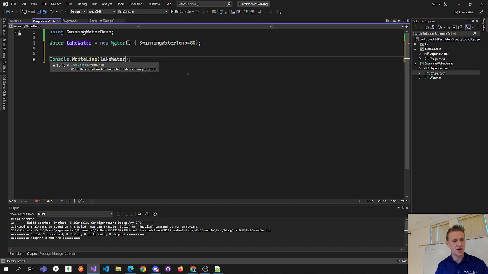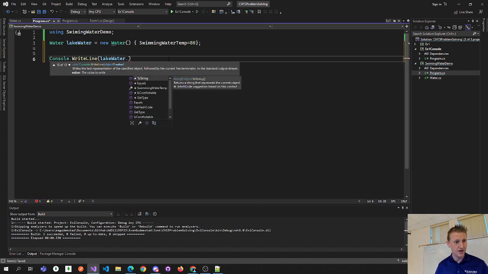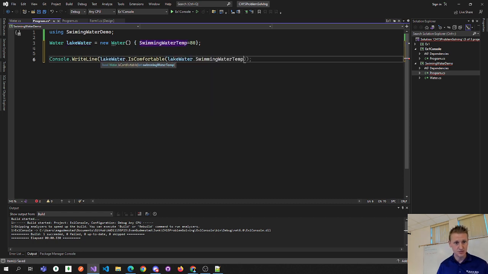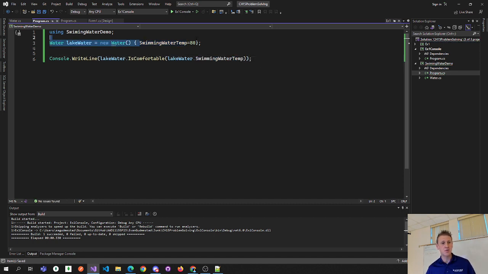I think it wants a loop. Lake water dot is comfortable, and we're going to pass in lake water dot swimming water temp. So we set the swimming water temp, and then we're just going to send that into the is comfortable method,